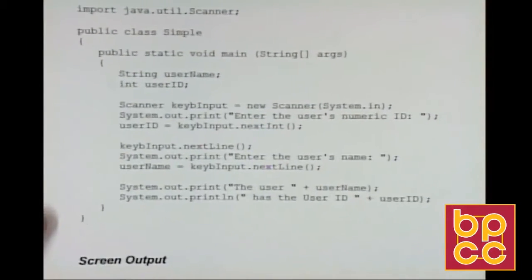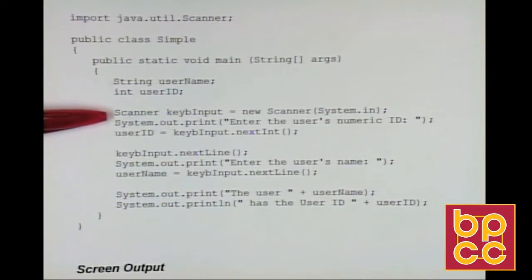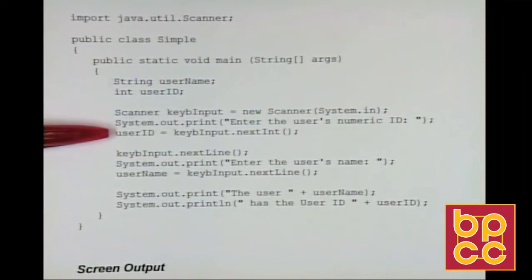One other thing that is important to take into account is whenever you're performing input, text is easy whenever you're inputting string values. But when you're inputting numeric values, you have to also clear the keyboard buffer after you do input. An example here, let's say I do a keyboard input with a scanner object, and I say enter the user's numeric ID, and then they're going to input an integer value, which will be the